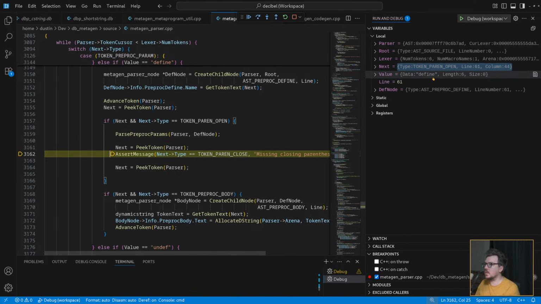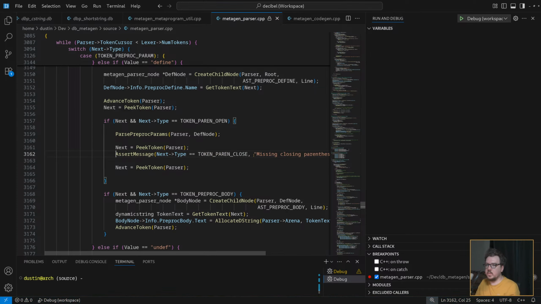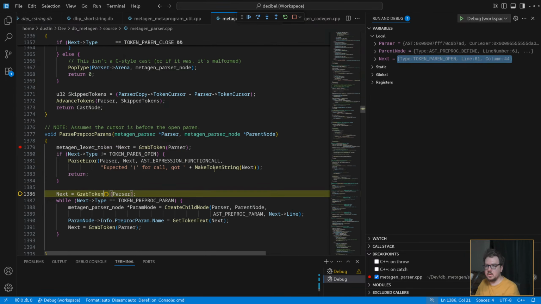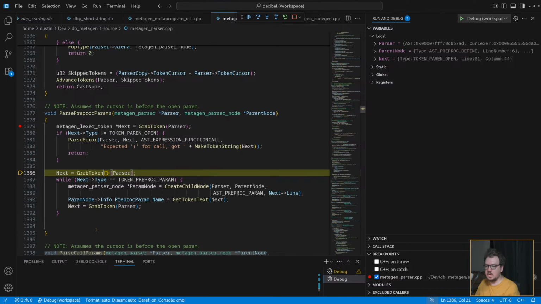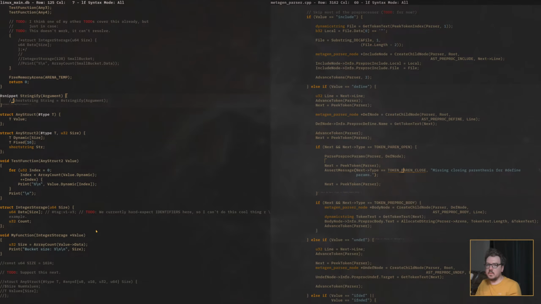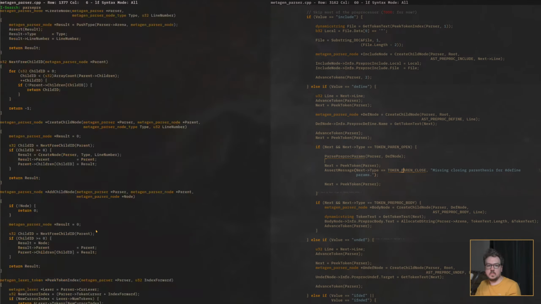Paren close. Next is preproc body. Wait, really? Why are we at the body? Oh, because we grabbed it. That's why. So instead of grabbing it, if the next one is a param, then let's just peek the next one.